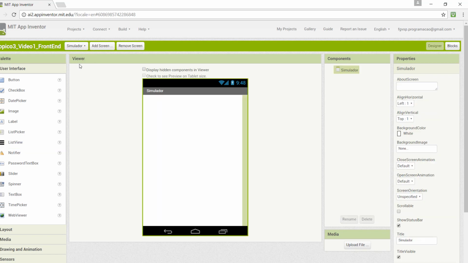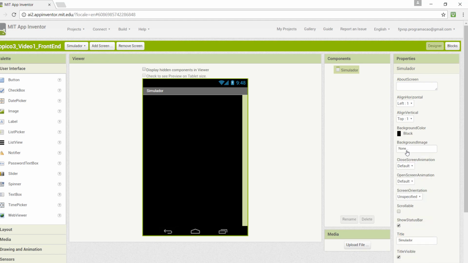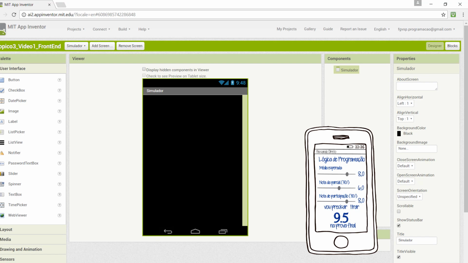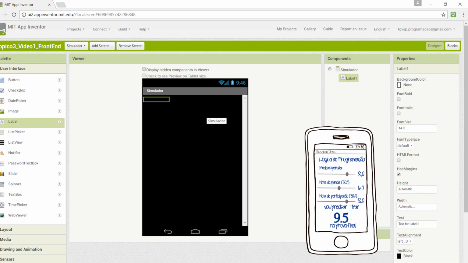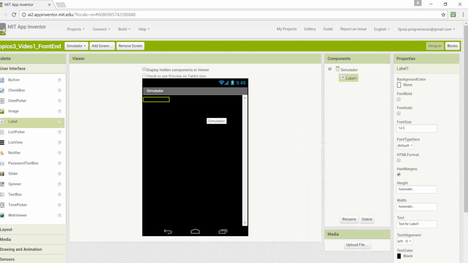Now let's create the front end. The simulator screen also has a black background. If we check the sketch, there is a label on the top of the page. This label will vary according to the course we choose on the first screen. So, for now, I will leave the text as name of the course. The font size is 17,